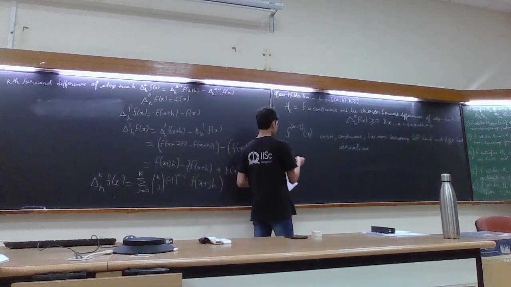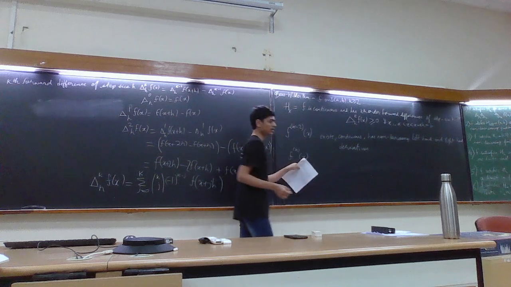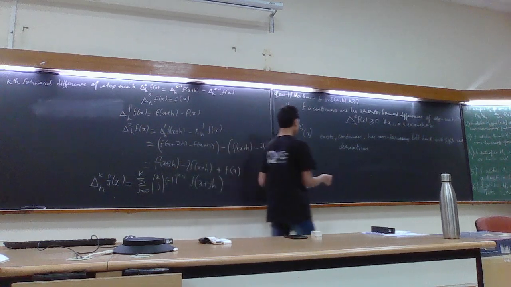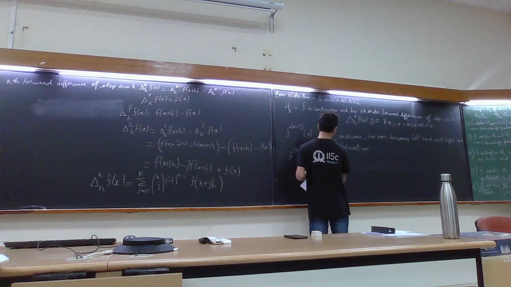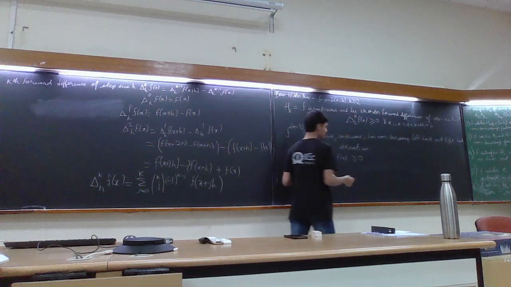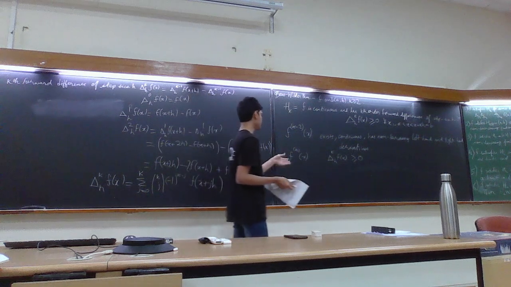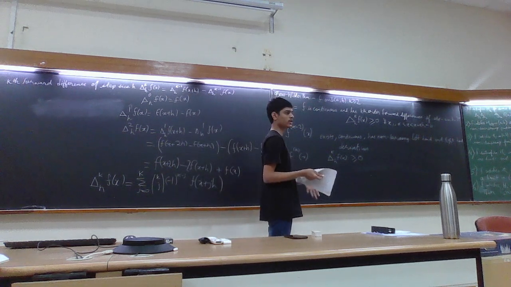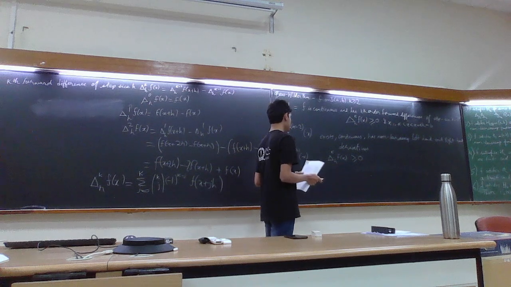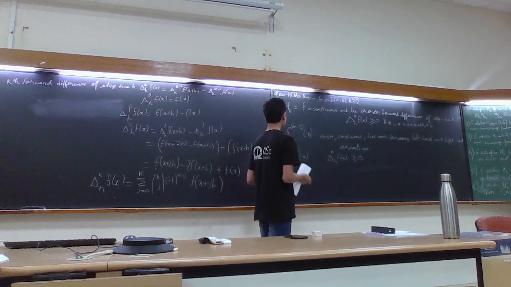So suppose we have a function for which f^(k) at x is non-negative, then that would mean that the kth order forward differences are also non-decreasing. So this is the usual theorem. Suppose you have k equal to 1, you can derive it from the Lagrange mean value theorem, right? But the converse